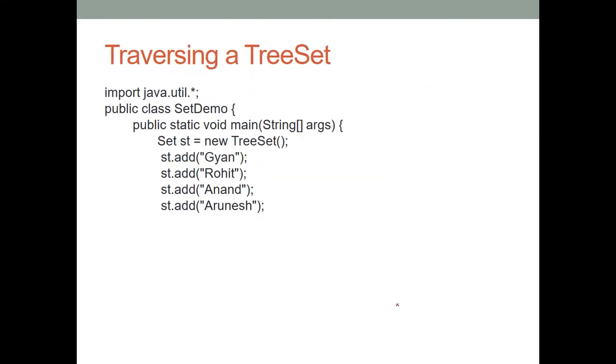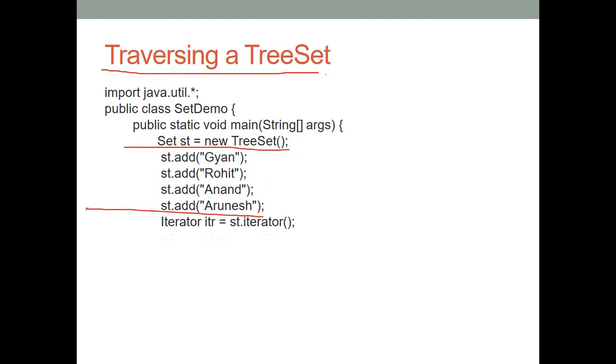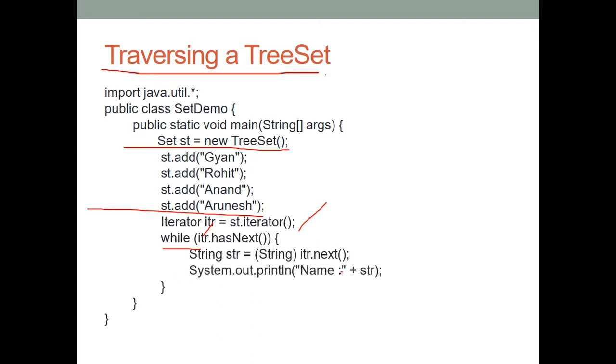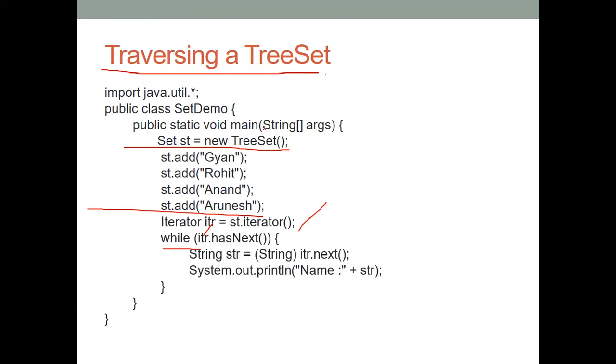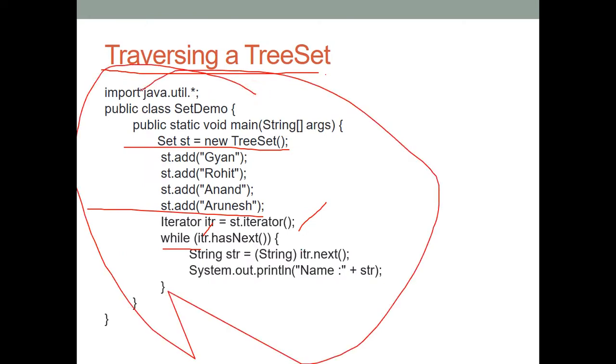So we can discuss it in detail. How can you do the work on this? You create one TreeSet for the traversing, and this is the set. Add some data. After that we want to traverse. So just create an Iterator object, itr equal to st.iterator(). While itr.hasNext(), through this we can get a String from next and System.out.println the name. So this is the output, and we can print like that through the previous code. I hope it is clear. You just look at it and understand it.